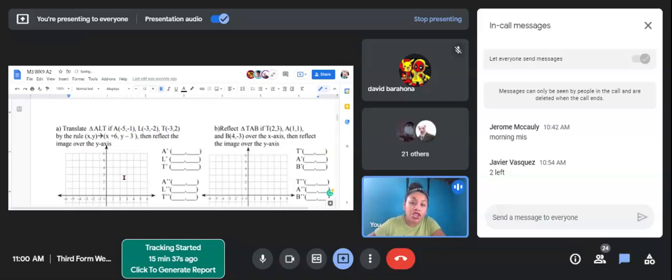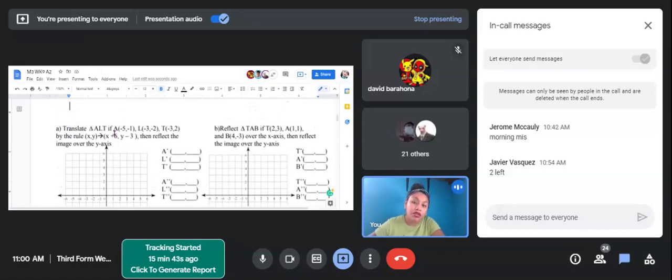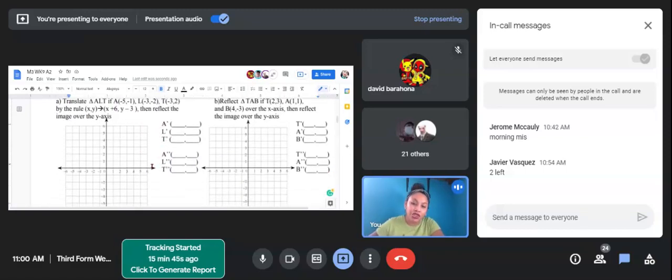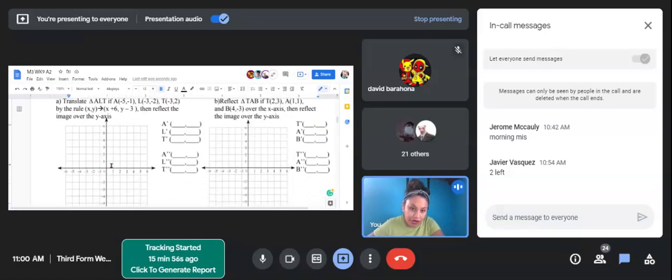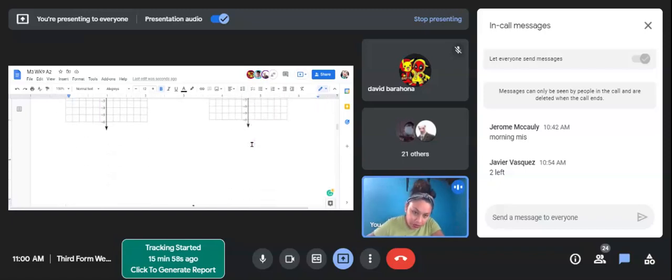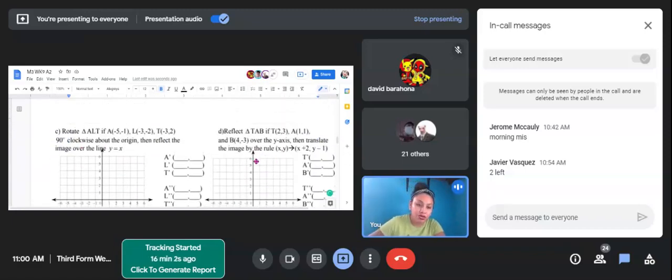For showing me the new image, I am going to give you another 3 points. And for showing the following image, I'm going to give you another 3 points. So you're going to have 9 times 3, 27 points for A, 27 points for B, 27 points for C, and